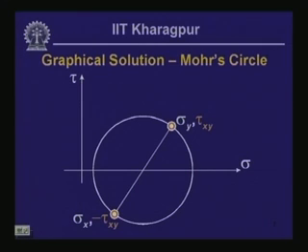So, now we have got 2 points, and these 2 points represent the state of stress on 2 orthogonal planes. One is sigma y comma tau xy, another one is sigma x comma minus tau xy. And if we draw a circle with a center on the tau equal to 0 axis, then the points on this particular circle are going to represent the states of stress on any other 2-dimensional element surrounding the point in question in case of a 2-dimensional